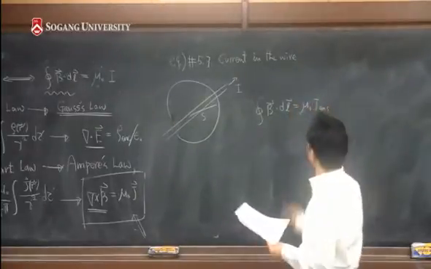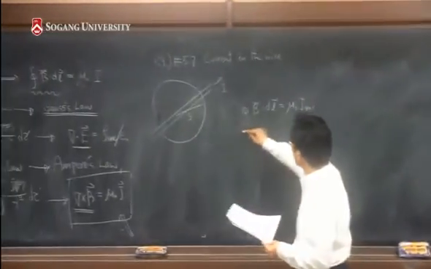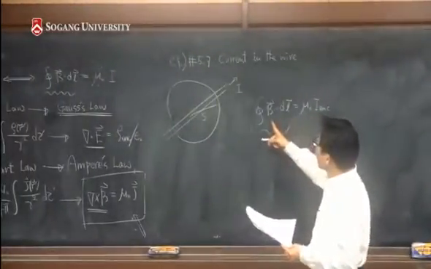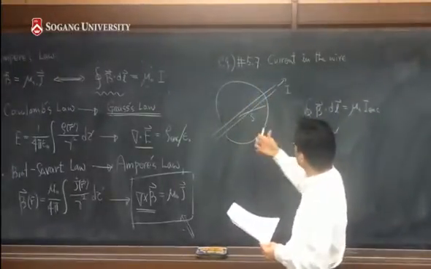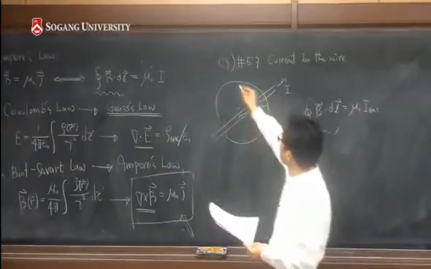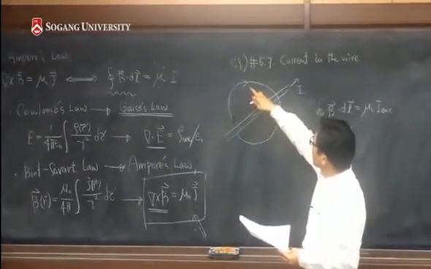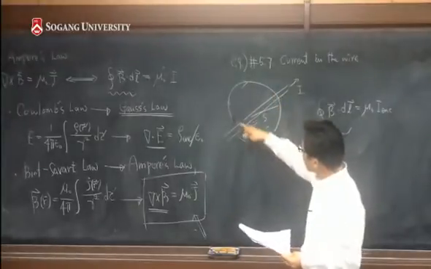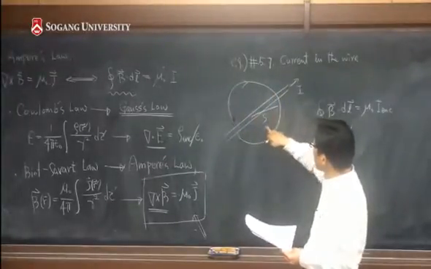And for the case, if you take the integration around the loop that we have taken here, using the right-handed rule, the strength of the magnetic field along the circle whose radius is given by s, centered at the wire,